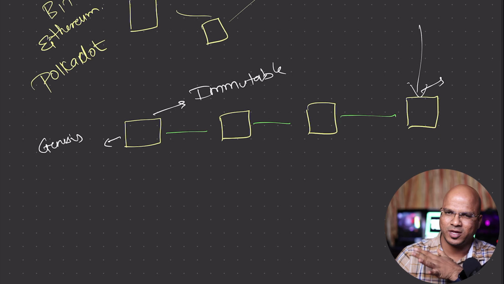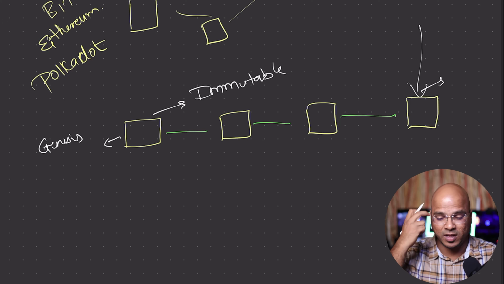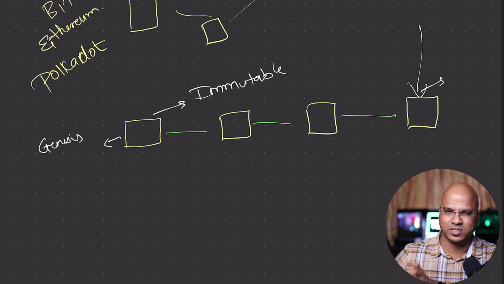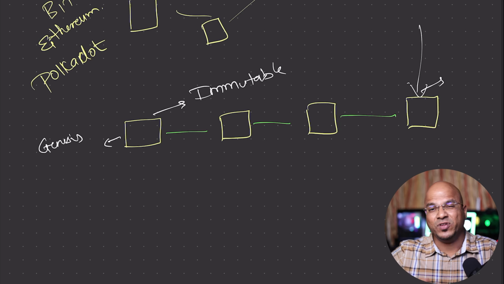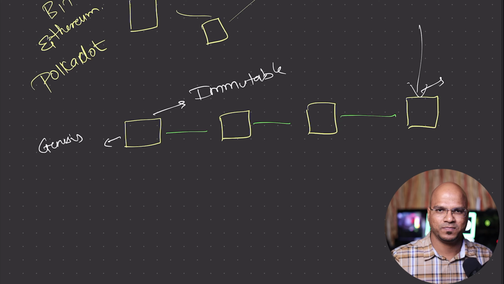So that sounds good, right? Blockchain is great. It's immutable and it is decentralized. All these nodes are not centralized nodes. They are decentralized nodes. Now, the only problem we have is that every network will have a different blockchain, and this blockchain will not have just one or two blocks. Let me just show you how many blocks we can have.